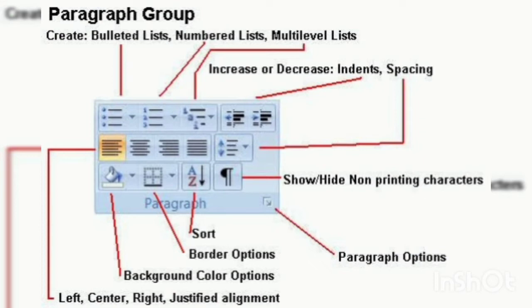Now, in MS Word 2010, many options are available directly in the paragraph group on the Home tab of the ribbon, in the paragraph group on the Page Layout tab, and also on the contextual toolbar and menu that appear when you right click within the text. So there are three types of options available: the Home tab, the paragraph group, and the menu which appears when we click the right side of our mouse.